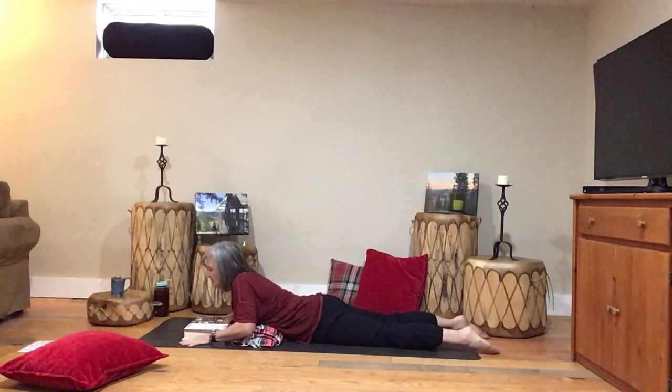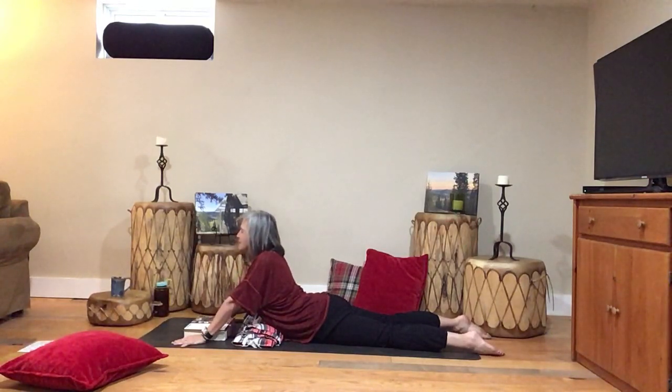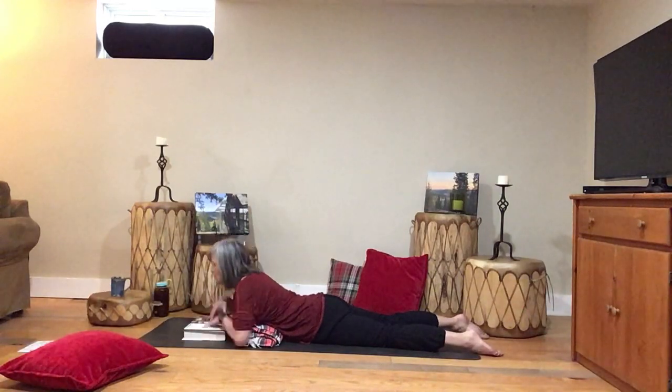For the last few breaths, if you would like to come all the way up into seal pose, you can just press your hands into the earth, allow the shoulders to drop down, and come up into this beautiful opening, heart forward. Hips are rooted on the earth. You're taking nice deep breaths here, breathing in and out. Really great. Go ahead and really slowly lower yourself back down